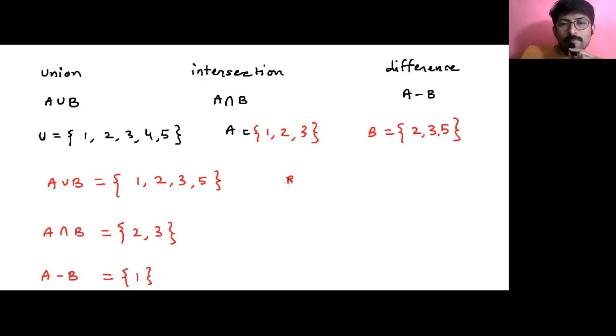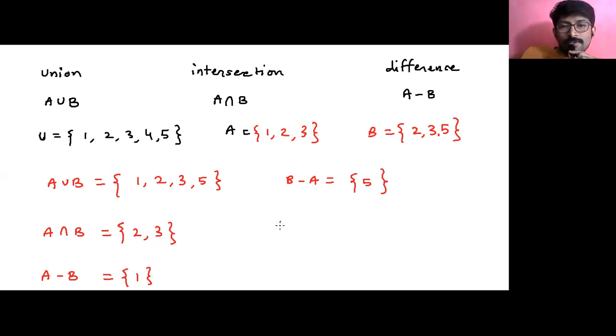Okay, let's say what will be B minus A. So from set B, remove the elements of set A. See, understand, A minus B and B minus A are different. From set A, we removed B. And now we are removing from set B the elements of set A. So from B में से 2 हटा देंगे, 3 हटा देंगे, तो बाकी क्या बचेगा? 5 बाकी बचा रहेगा. Are you understanding? So that is set B minus A.